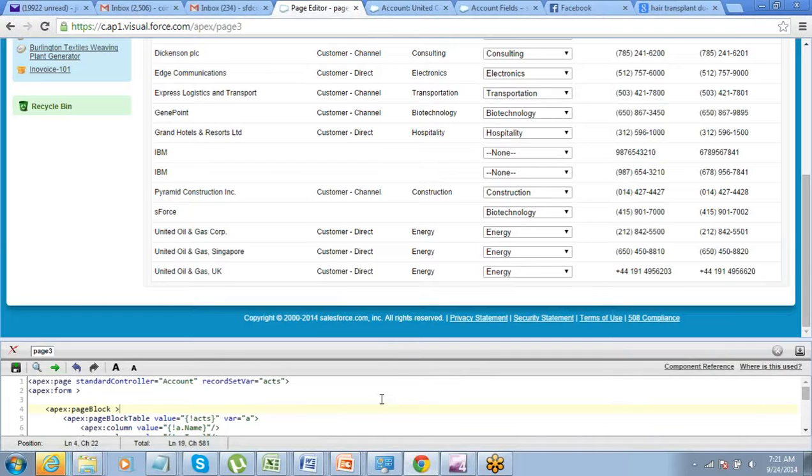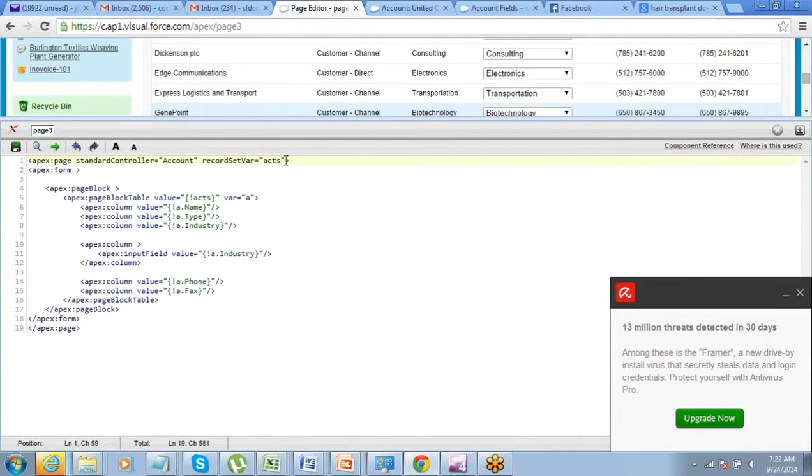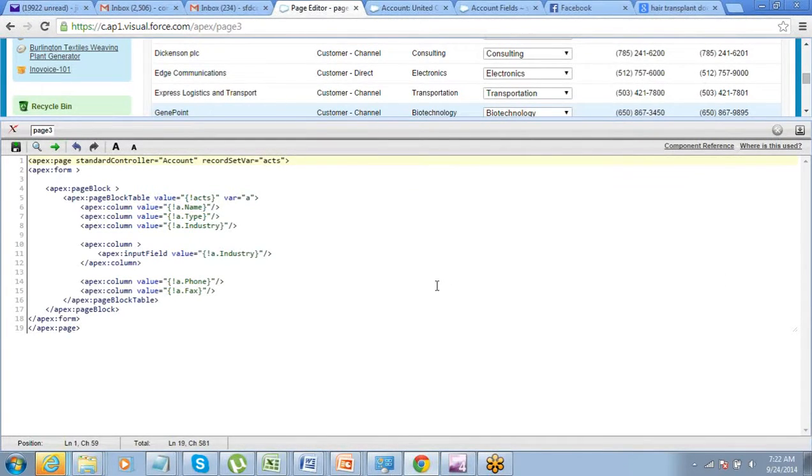So this is how you can actually design your standard list controller page. The only difference between a standard controller and a standard list controller is that because it is dealing with the list, you have to define a variable, recordSetVar, in the Apex page component itself as an attribute, and that is something which will be called on the page block table.